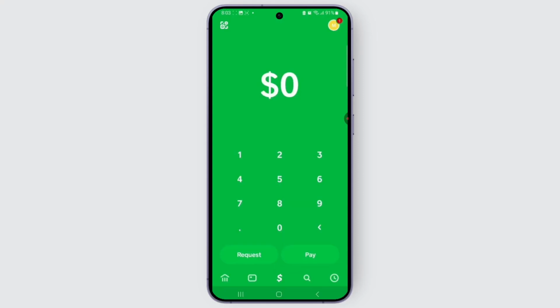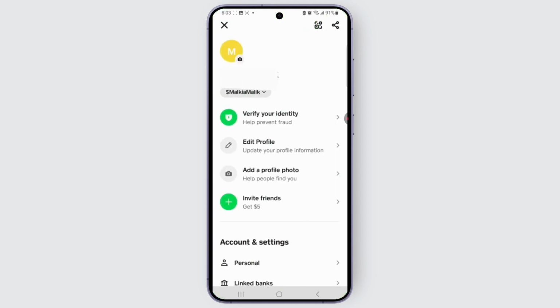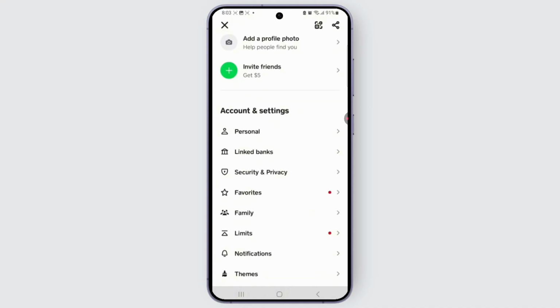In today's video, we will be guiding you through the process in order to do so. So what you may do is open up the Cash App application. For that, open it up and go to your profile in the top right corner to open up a different menu, different options. So scroll through the options and you can look out for the option directly called linked banks